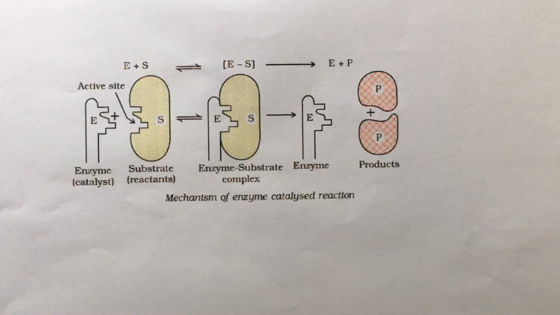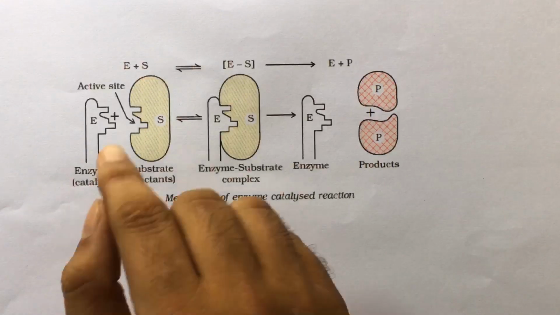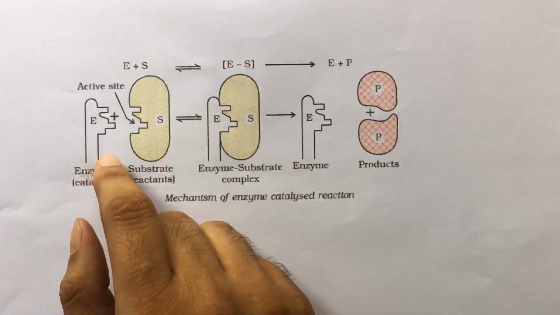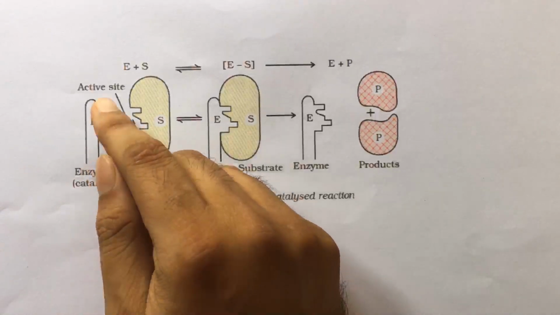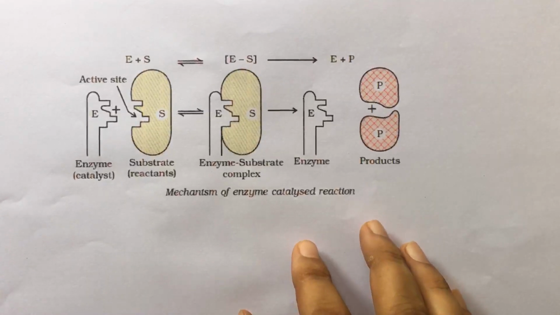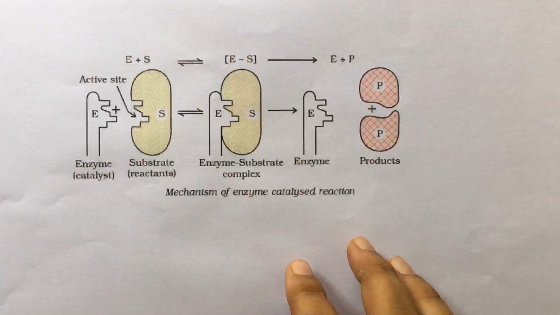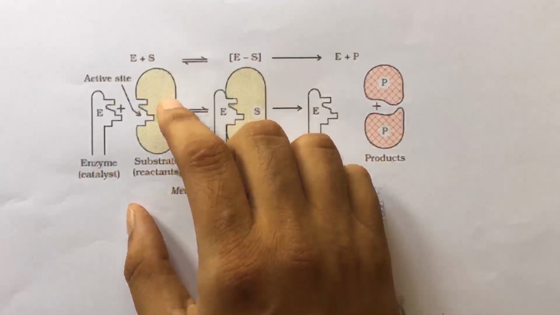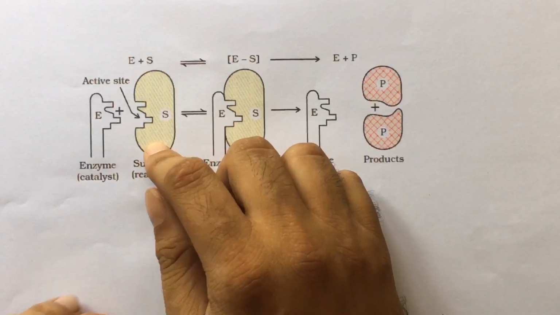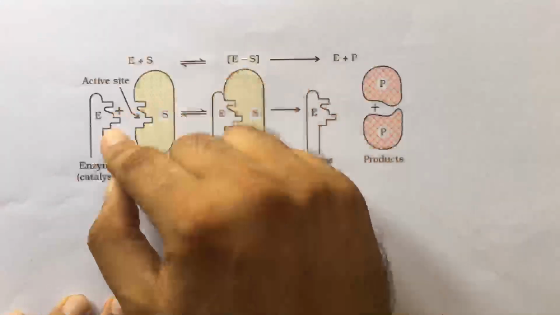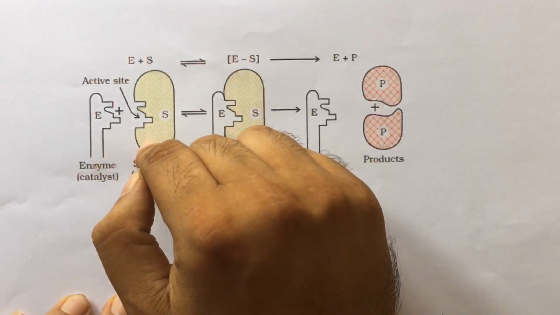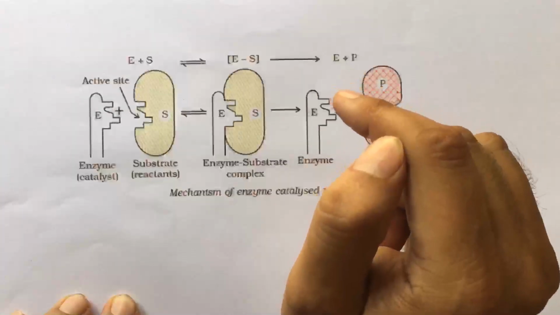Students, see here. Let me say that this is an enzyme catalyst. This part what we have taken is an enzyme catalyst. Let me say that it has a definite shape. And you can see that there will be a substrate, that is a reactant, which will have a definite shape. If the shape of this matches with the shape of an enzyme, then, if I call it a key and a lock, this key can fit into this particular lock. So we can call this a lock and key model.